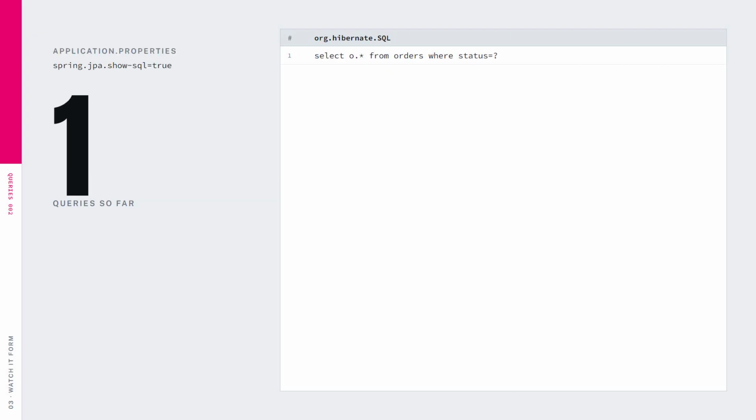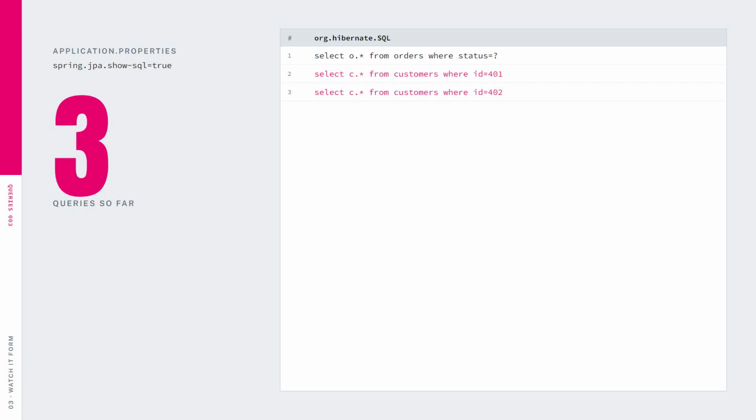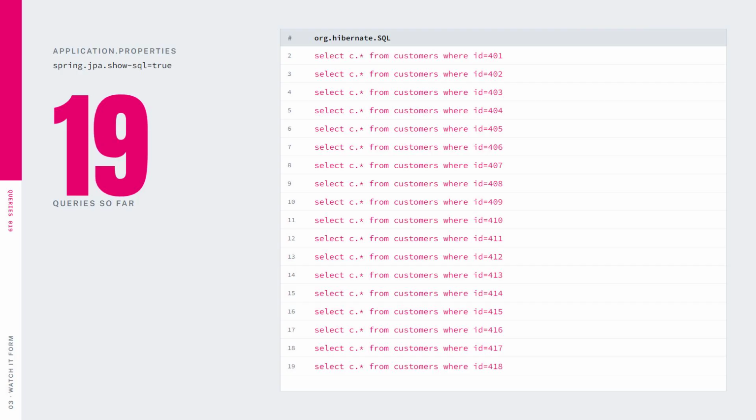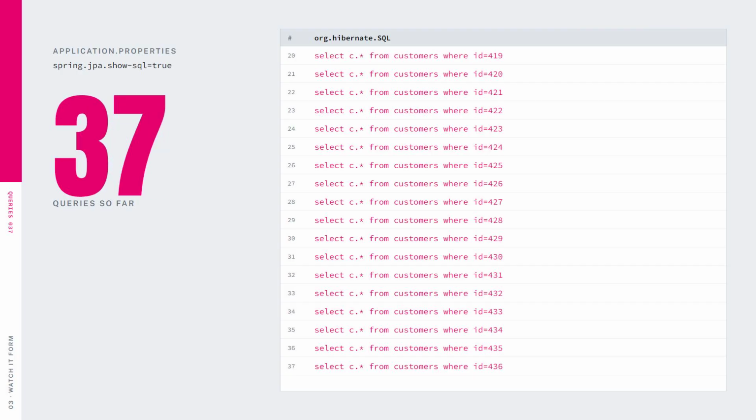Turn on SQL logging, reload the page, and read the log one line at a time. Query 1. Select from orders where status equals paid. 50 rows come back. That is the query you actually wrote. Query 2. Select from customers where ID equals 401. Query 3. Select from customers where ID equals 402. Query 4. Same shape, new ID. Query 5. Same. 50 of those. One for